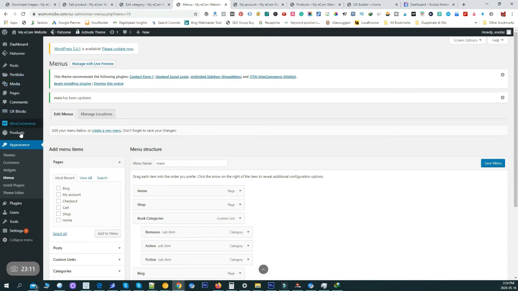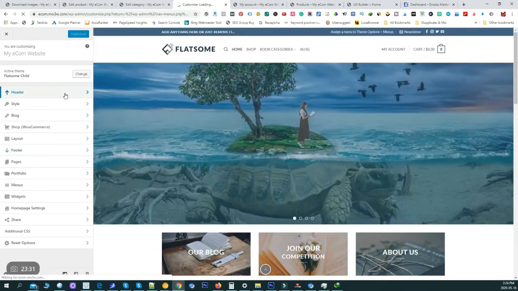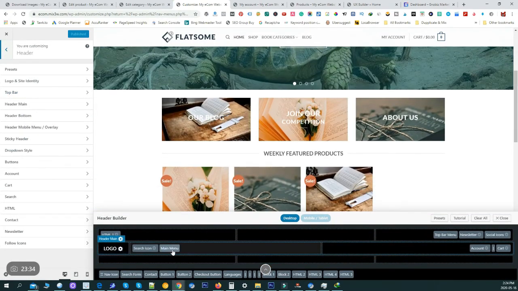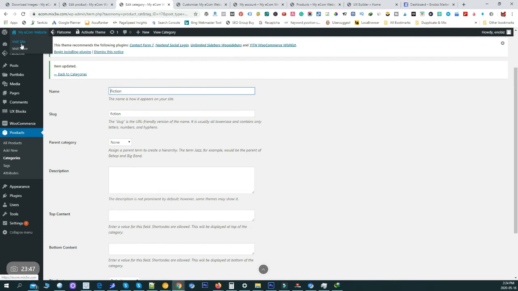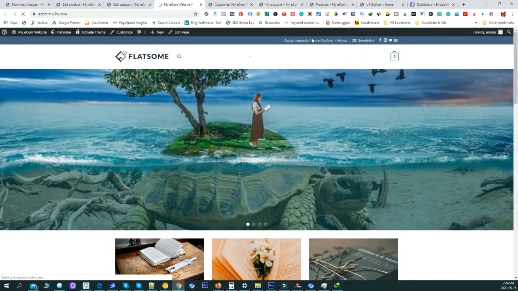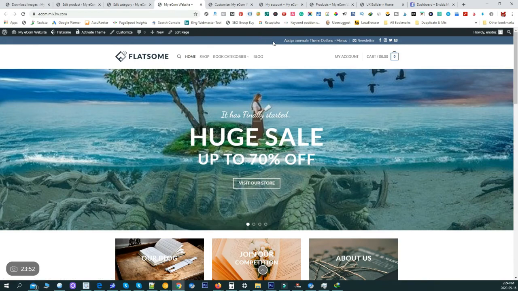Okay, now if you want to change the logo, to do this you have to click on theme. Okay, but you can do that as well on customize, appearance, customize. Now we have a bunch of options right there. This is my main menu, this is account, what you saw, top bar menu. You can even create a menu, okay, if you want. I'm going to go back on visit site. Here you see assign a menu right there. I can even go and